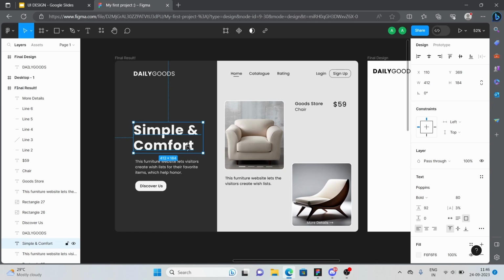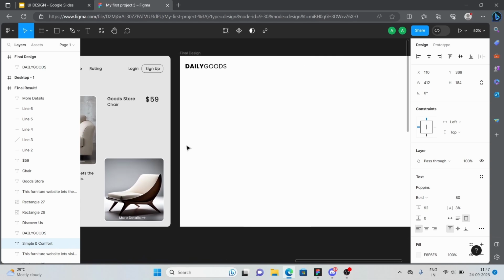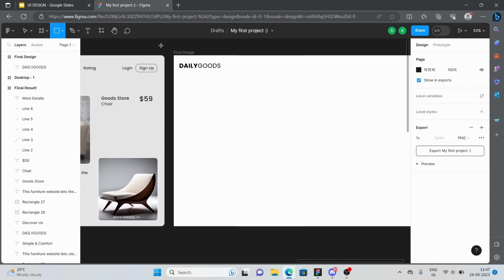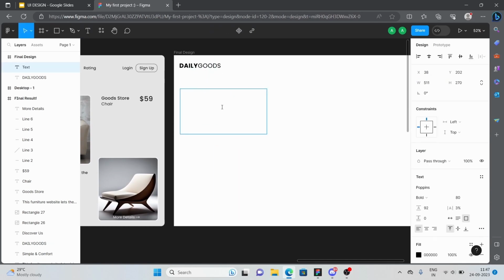So this was my first ever project, and then I created some projects by my own, right? So what we can do is, we can go with the text one more time. Let's click T here to create the text box, right? We can click here. We have simple, and then let's write here